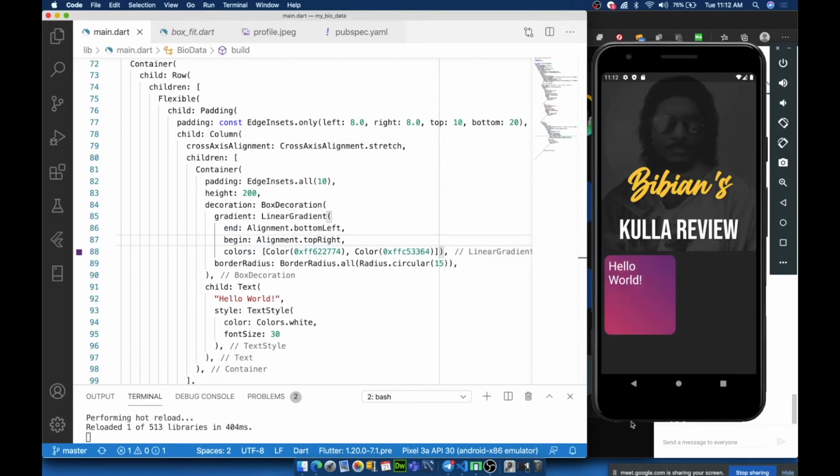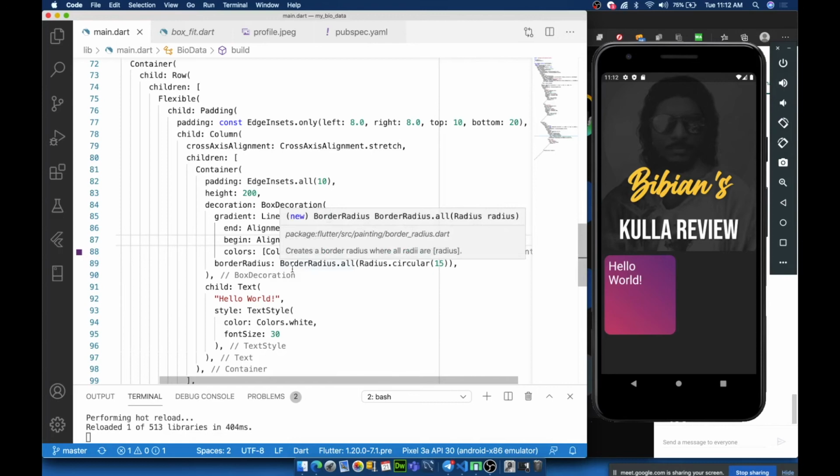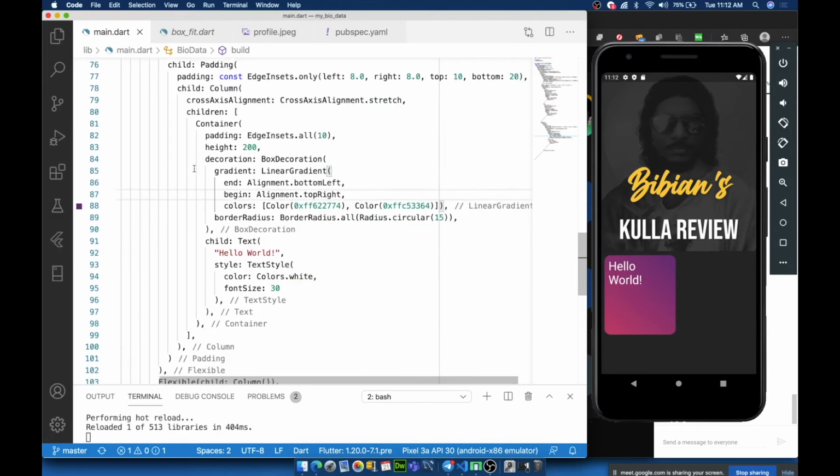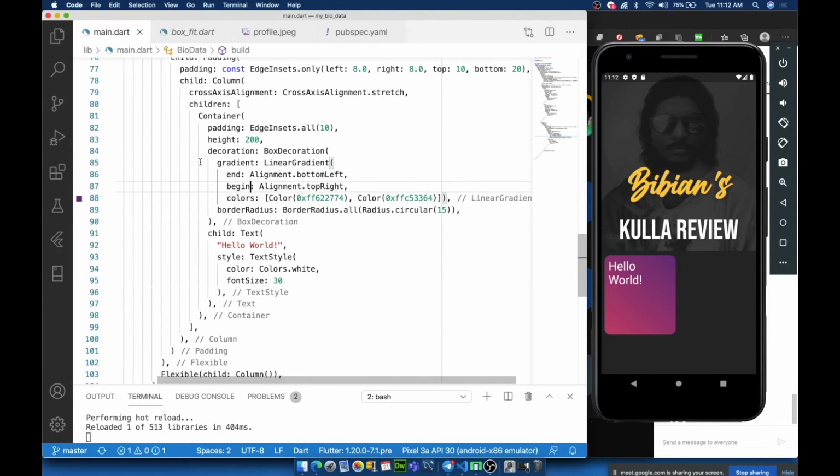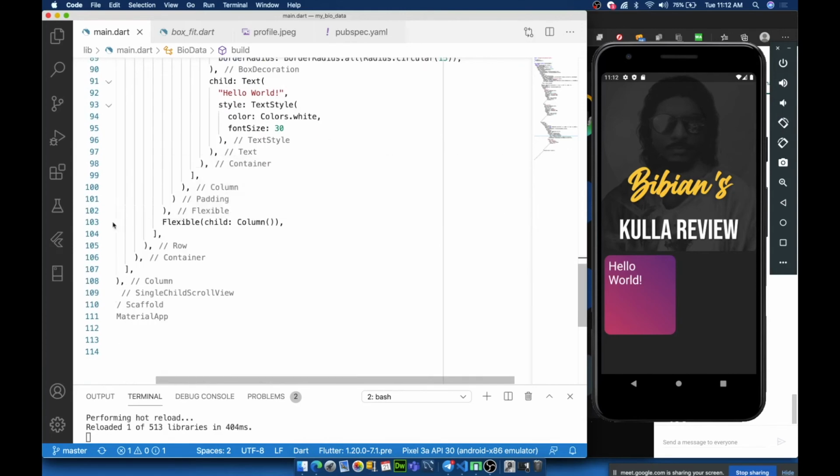Okay, people who have finished, you can do one thing. You have this container, right? Just copy and paste the same container in the second column. You have another flexible column here, line number 103.